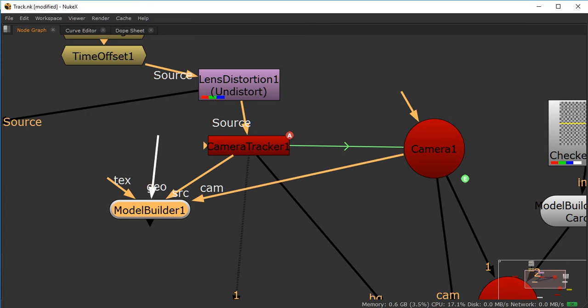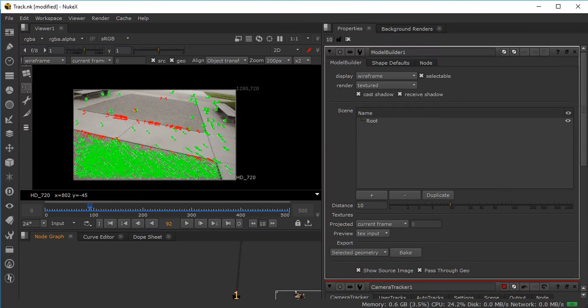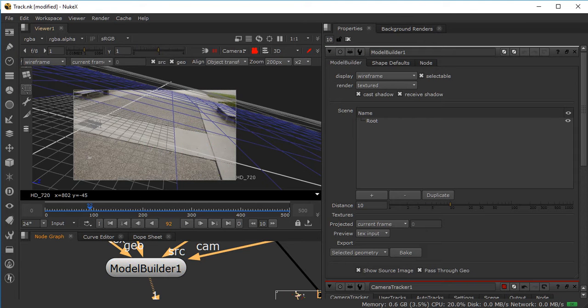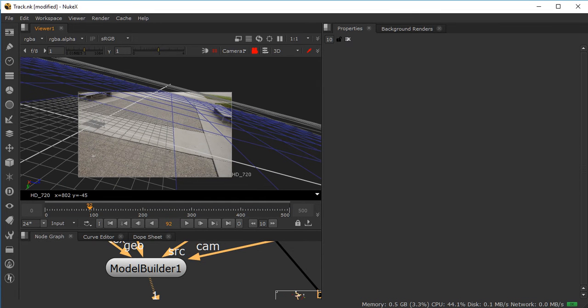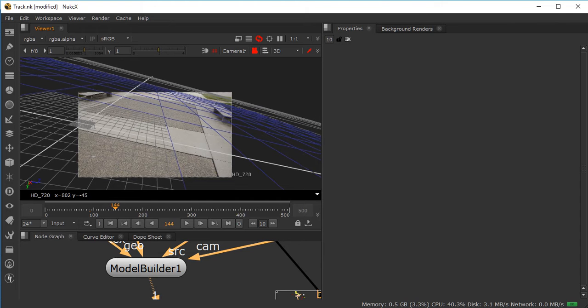Okay, and then there's geometry if I have other geometry. There's textures if I have textures. I don't. And then I view the model builder. And what this gives me is my camera on a 3D grid, so that as I start moving around,